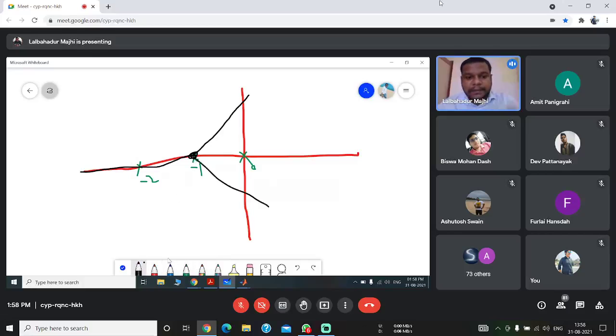Okay, so if we take any point between this 0 and -1, it will be on the root locus branch, right? So from every pole there will be